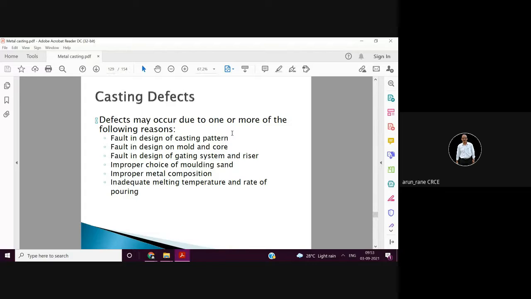Casting defects is important from the examination point of view. It is a 5 marks question: what are the various casting defects? This is self-explanatory. It is because of the following reasons: